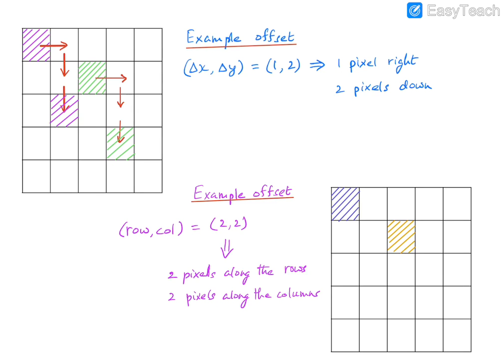Okay, so that's one way of representing the offset, using delta x and delta y, where delta x denotes the offset in the x direction and delta y denotes the offset in the y direction. So x direction is horizontal and y direction is vertical. But sometimes we can also describe the offset in terms of rows and columns. For example, an offset of 2,2 in terms of row and column: for a given reference pixel, the other pixel at this offset of 2,2 will be